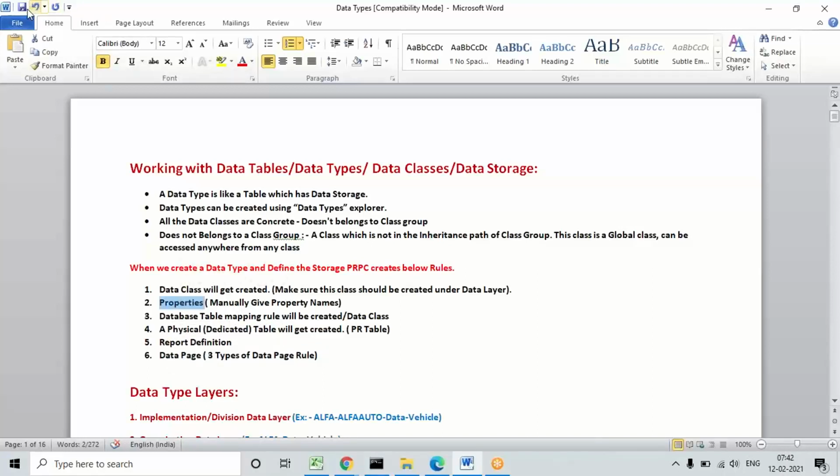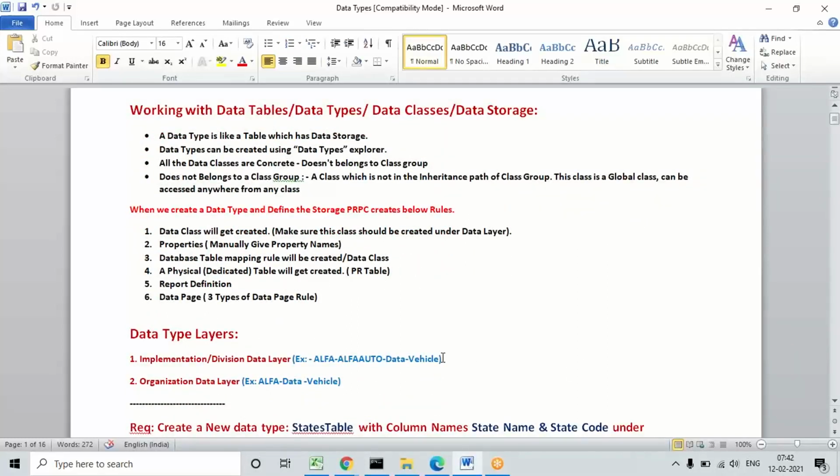Let's see how to define this data type. Again, in a data type we have two different layers. Your implementation layer, alpha-hyphen-alpha-auto-hyphen-data, is called the division level data layer or implementation data layer.